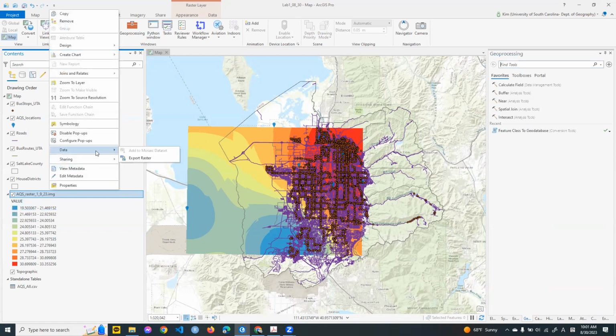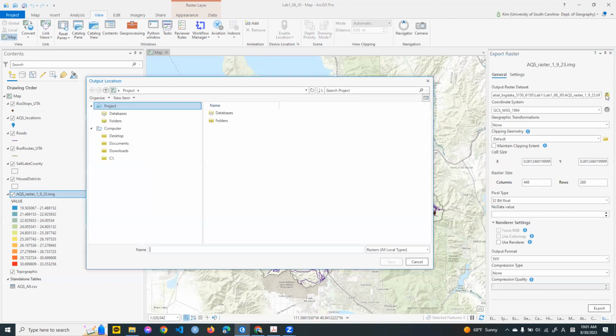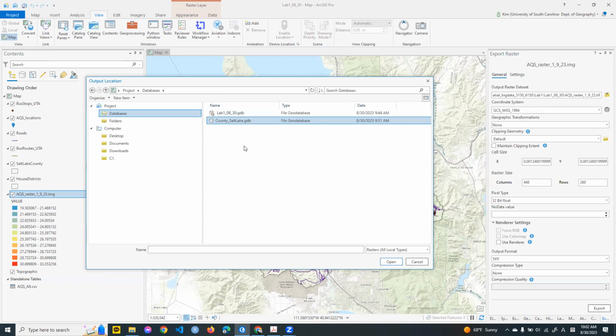And so when you click Export Raster Data here, the Export Raster tool shows up, and you need to set the output raster dataset. So click the browse button on the far right, and then you need to find the console lake geodatabase. Okay, then double click it to go inside, and you can name it just AQS, maybe raster,